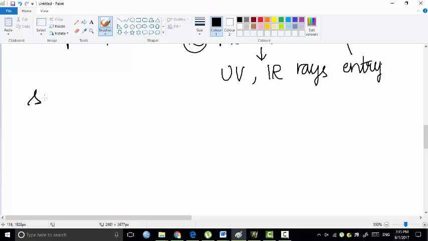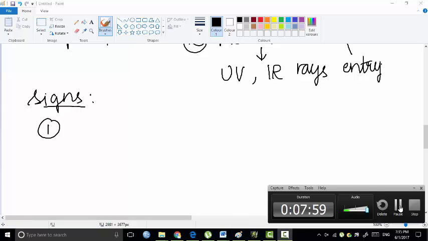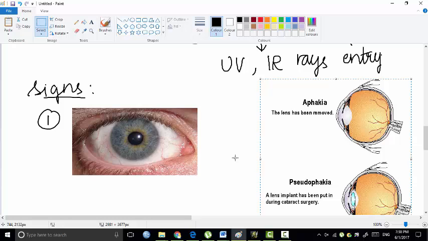Now coming to the signs. What are the major signs which you see in aphakia? So here the signs which you see in aphakia are generally, first,